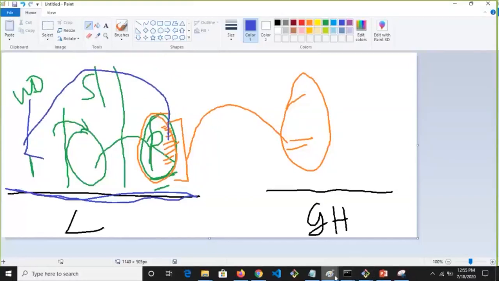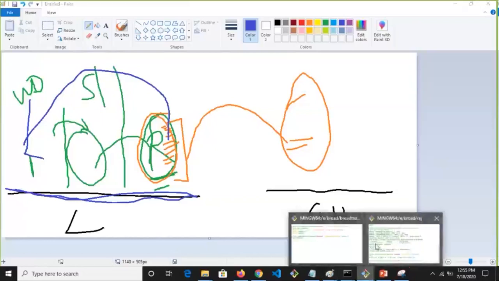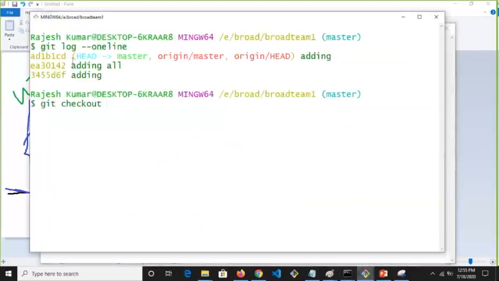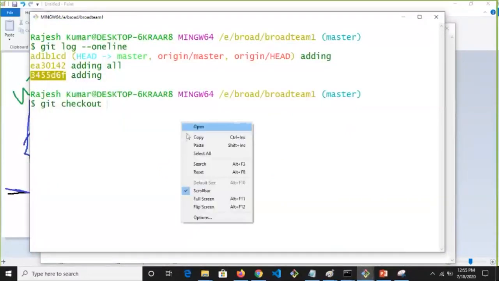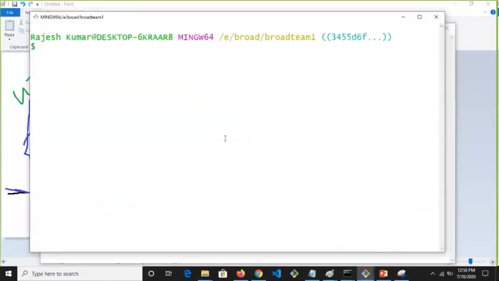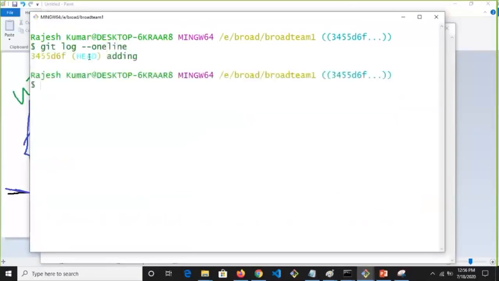So can I check out an older version? Let me show you here. How many commits do I have? 3 commits. I want to check out this version. Paste it. And you see, right now I am at this one, and if I run git log --oneline, which is a short way to depict it, see where my head is. You see that head has moved, but that's not the last commit of my branch, remember.